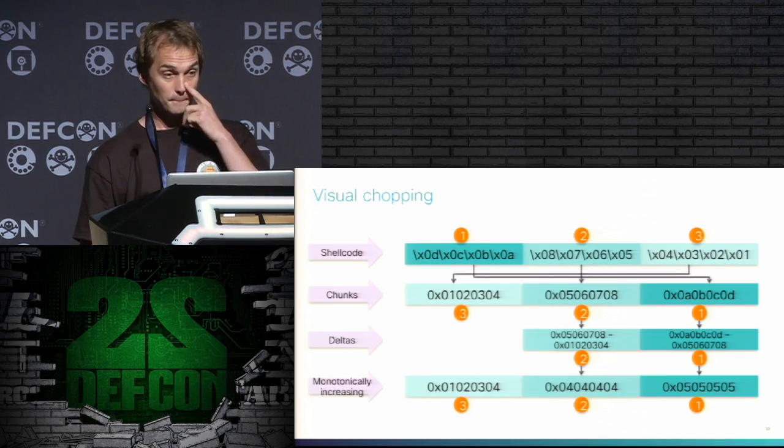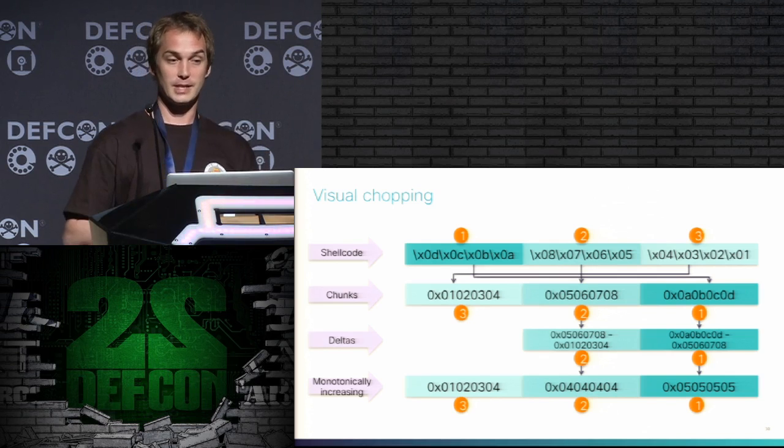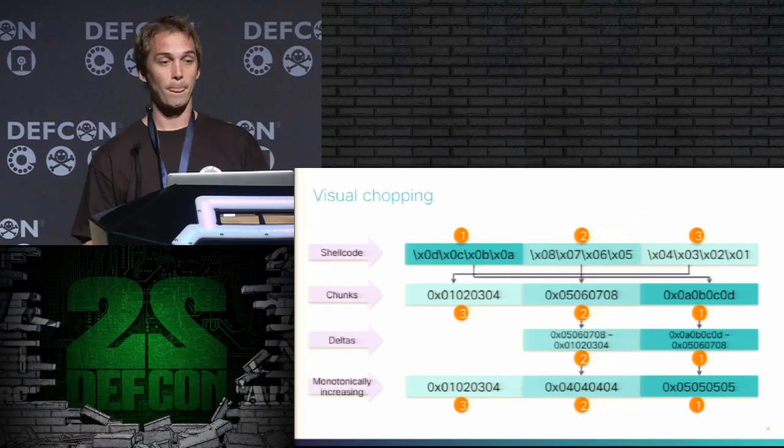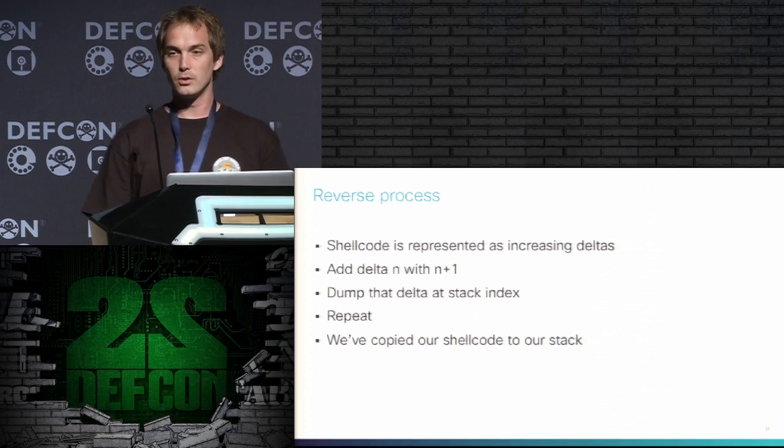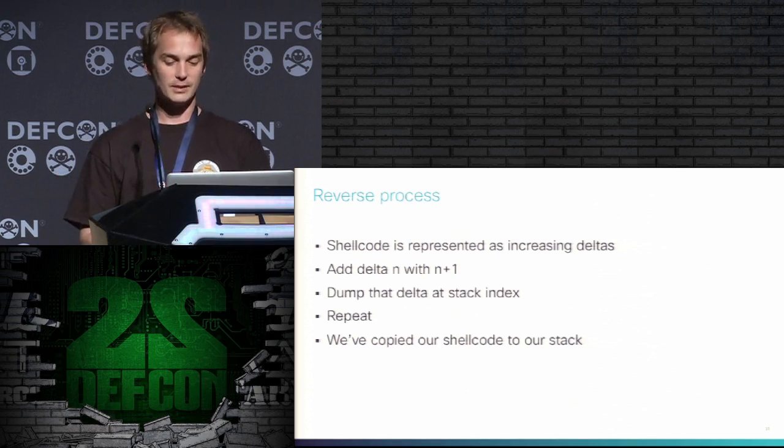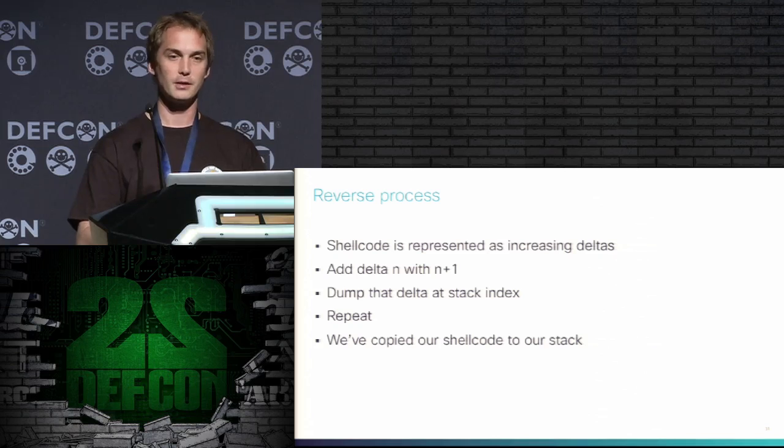So you see at the last line that position 3 of your initial shellcode is now at position 1. Position 2 is actually 2 minus 3, and it's put at position 2, and so on. So your shellcode is now represented as increasing deltas. If you take your initial value and add the delta, you find back the value of your shellcode. You do that again, you find the next value of your shellcode, and do that again, find the next value,